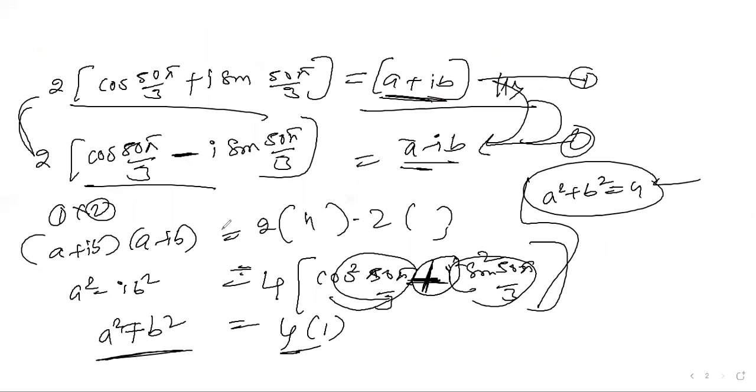Then after this, what you are expecting here is a plus b into a minus b. So I'll get a square minus b square, and you'll get sin square plus cos square theta is equal to 1. Now this bit is clear, right? Yes, sir. Now we move to the next question.